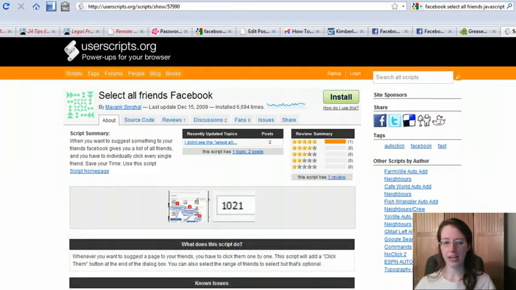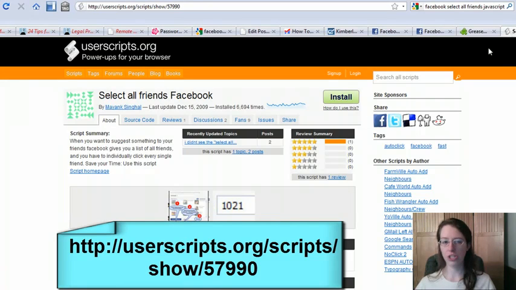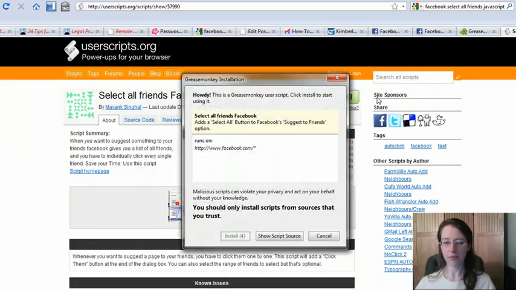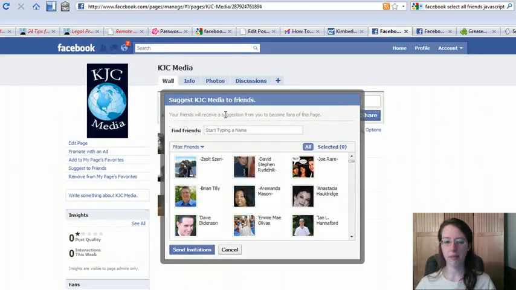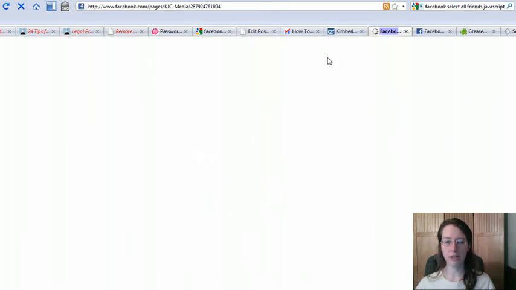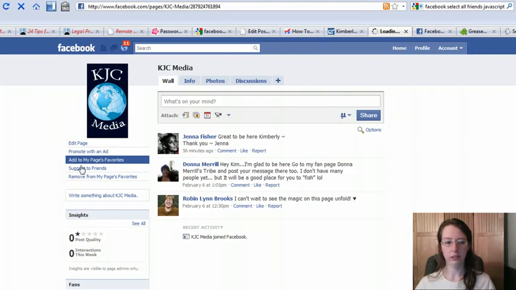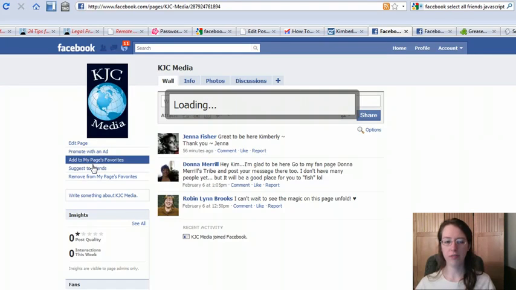You come out here and you get a user script, which these user scripts are written by people and they're designed to work with Firefox. And you click Install. And it comes up with a little box. It makes you wait a second and you say Install it. You're good. You come back here. You refresh this page, and you need to refresh the page because you've installed a script. And we come back to Suggest to Friends,